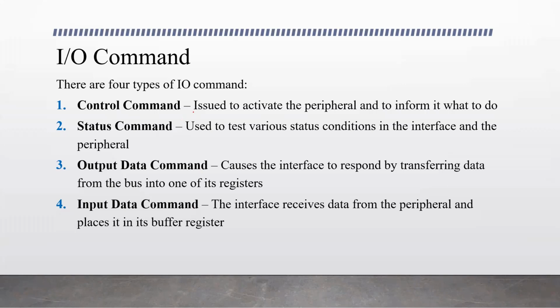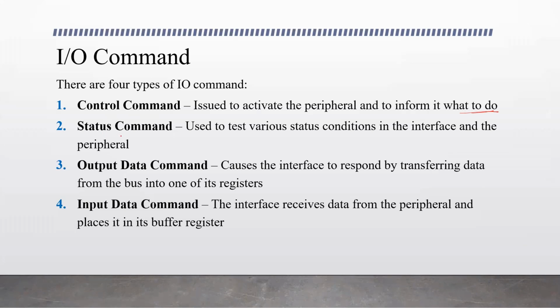Control command is to tell the peripheral what to do. But this control command depends on the operation that the device performs. Different devices perform different operations. For example, if we take a printer, what is the operation? It is to print the data on the paper. So it has operating modes. It may be in an initiating mode, then the cartridge has to set its position and then move from left to right. So these are the different modes through which the combined operations finally print the data on the paper.